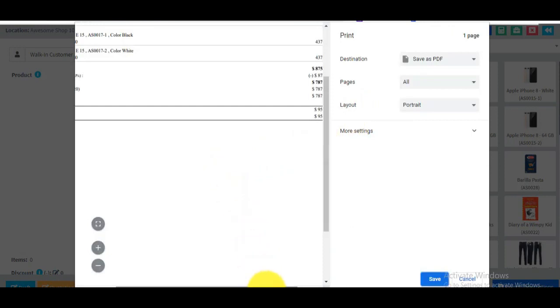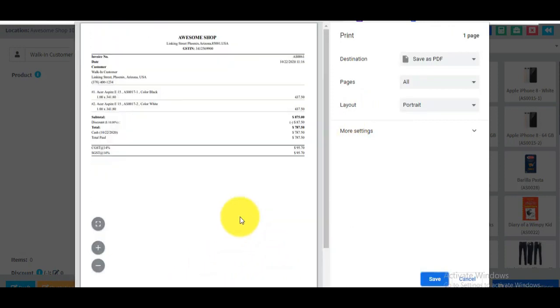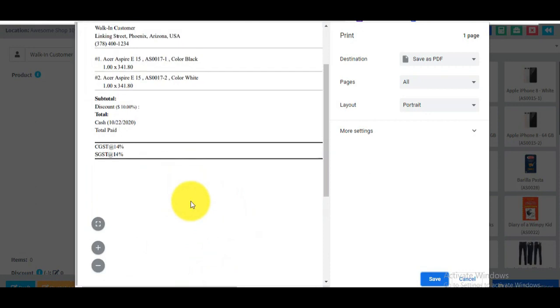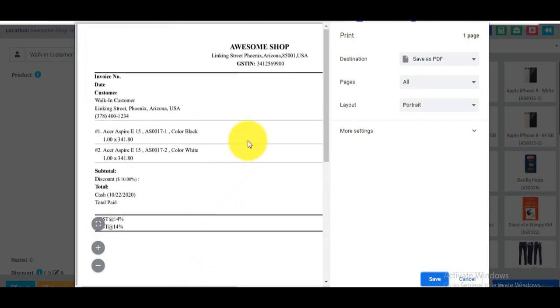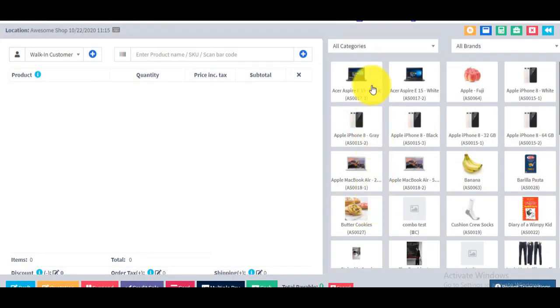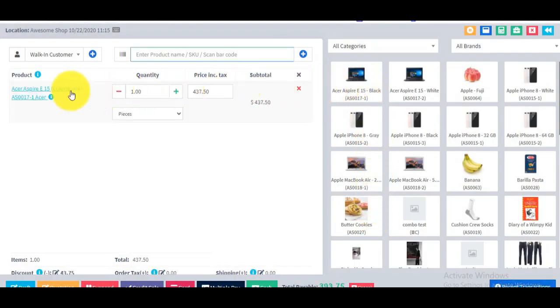If you print it in a thermal printer, it will look very beautiful, and it will look a very clear invoice as compared to our Slim invoice. The Slim 2 invoice will look very clear in the thermal print, in an 80 page. So another thing, if suppose I am clicking on any other product, here